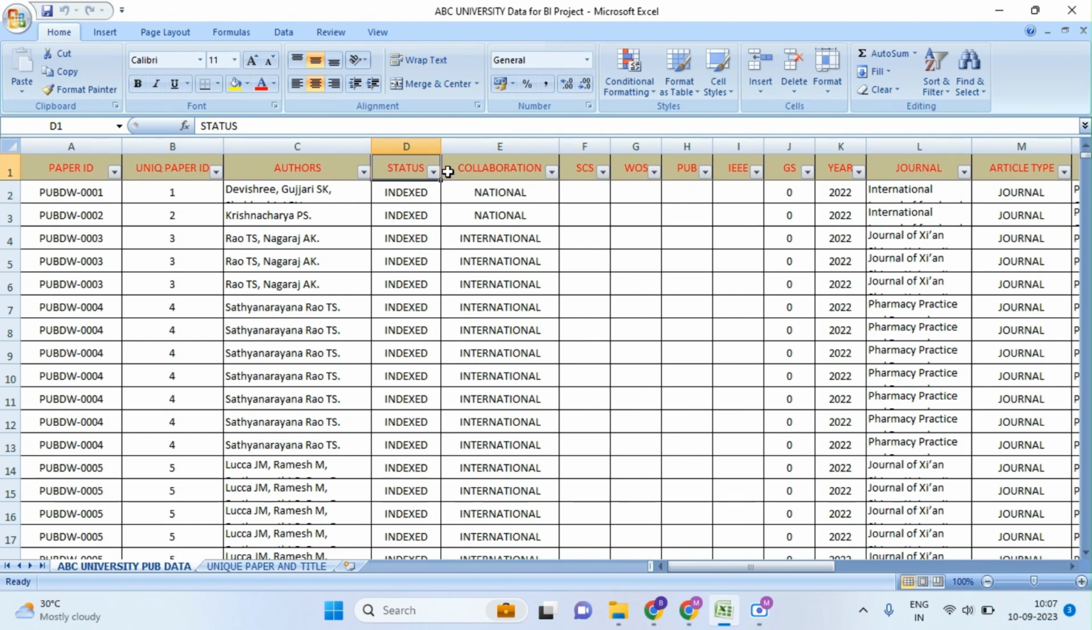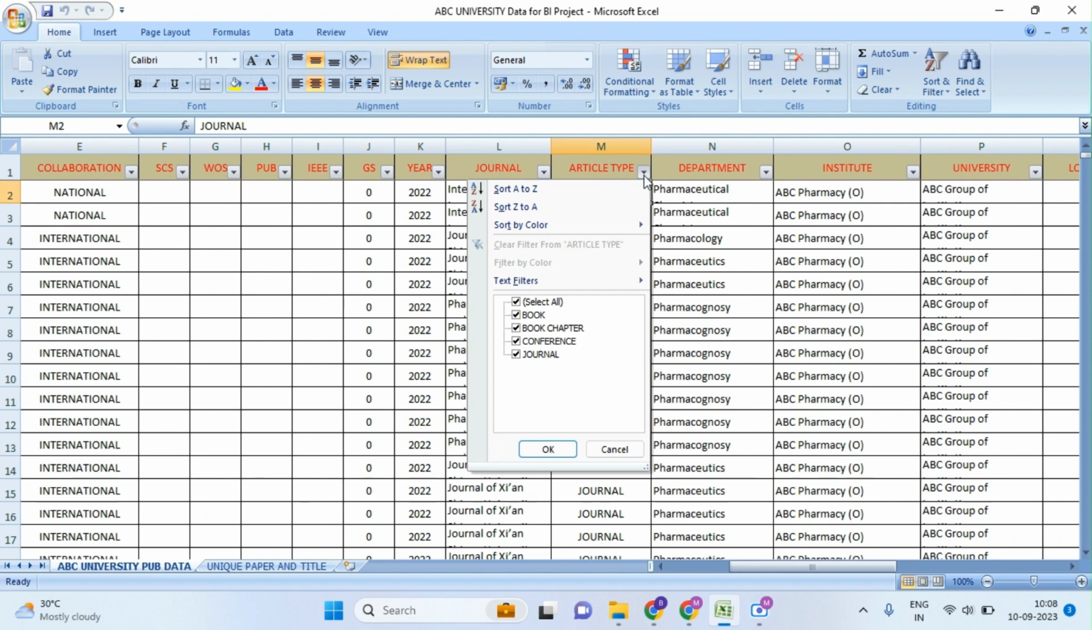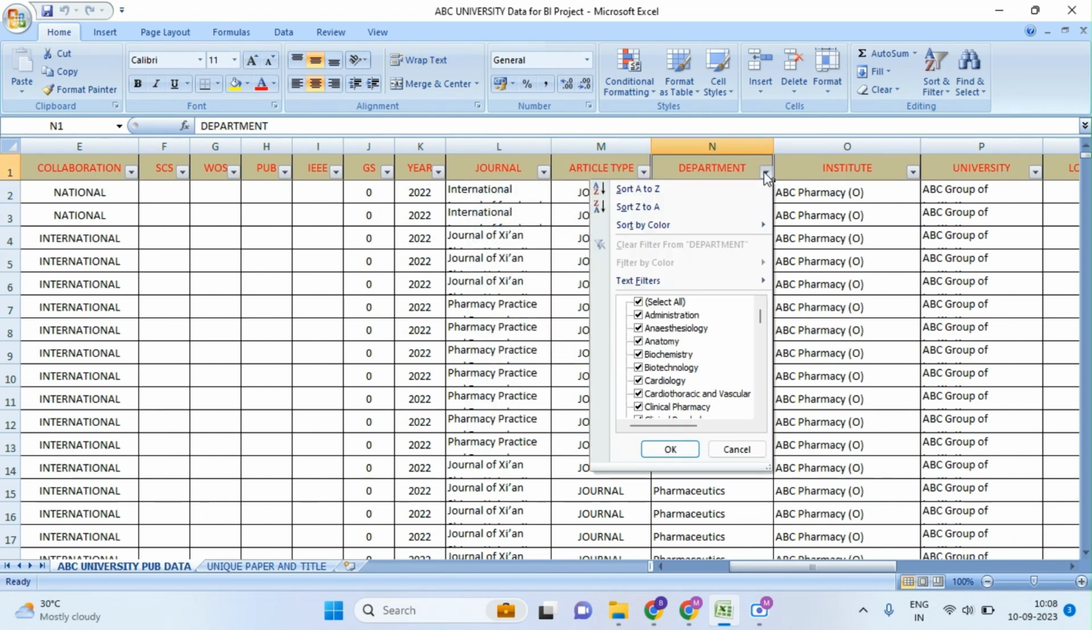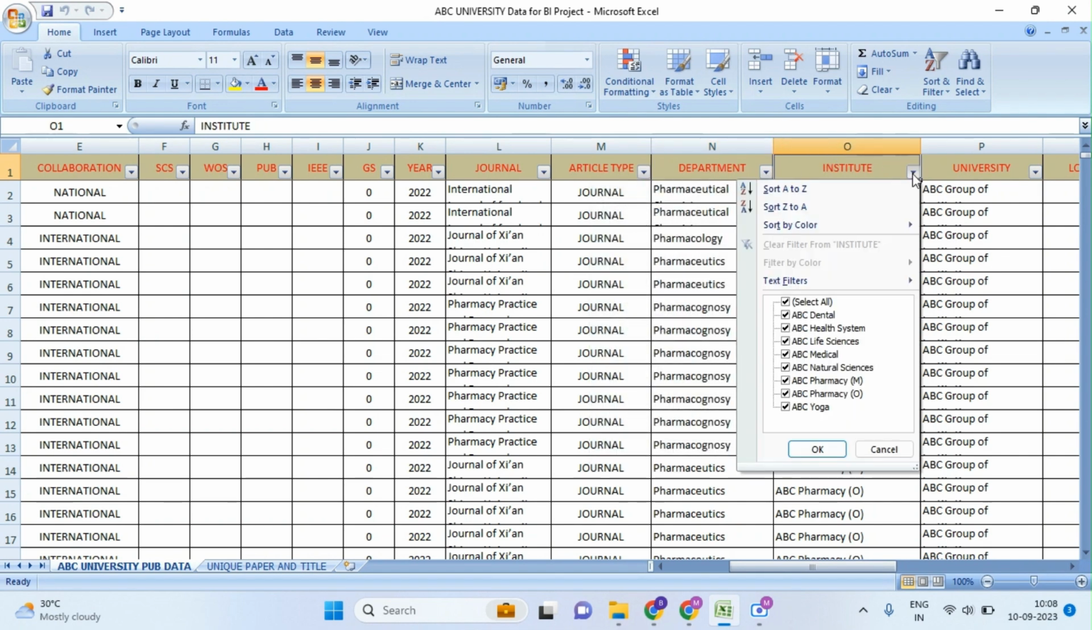This is the status column, then collaborations, national and international collaborations. These are all database-specific statistics, year of publication, and the journal where it is being published. Then what is the type of article? You have journal, conference, book chapter. We have department information, and college or institute information,